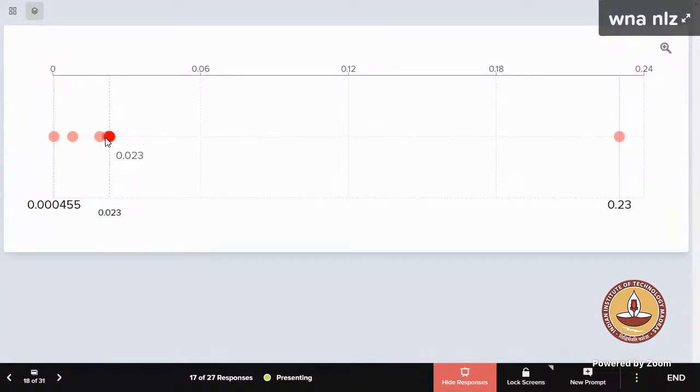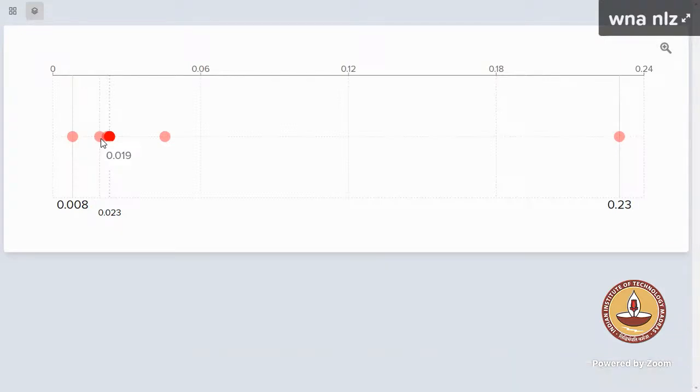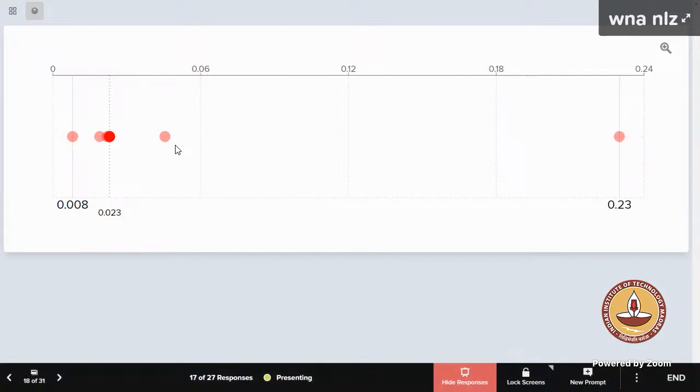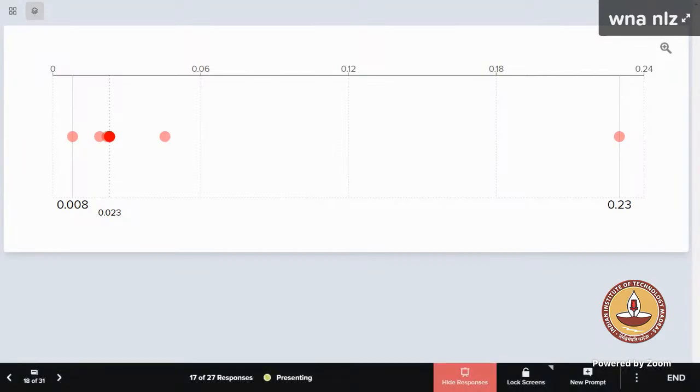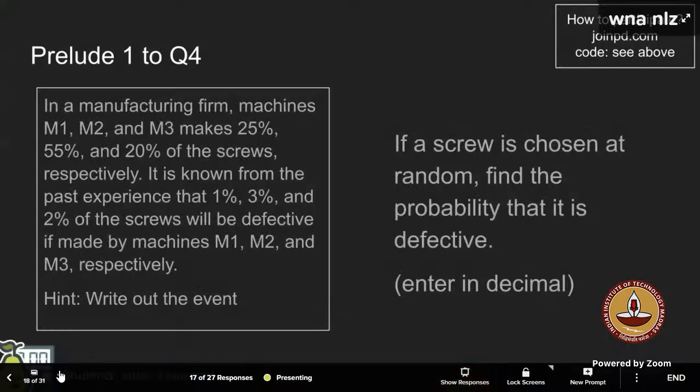For those who have got otherwise, one more is 0.23. If someone has got 0.219, just be careful. I don't know how you approached this question, but if you are making too many round offs, you might be getting 0.19 because of that as well. So be careful, because there are certain ranges that the question accepts answers in, right? So this was for this question. Now let's move ahead to the next question.